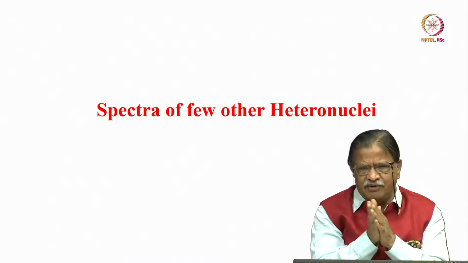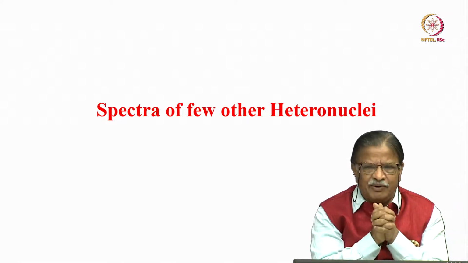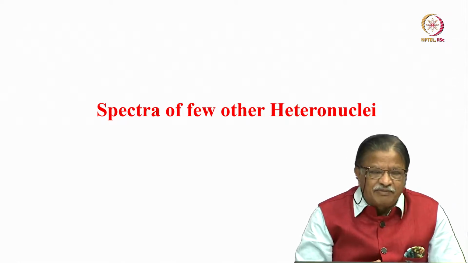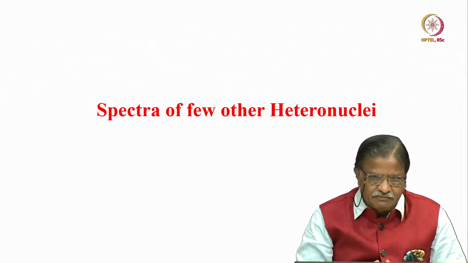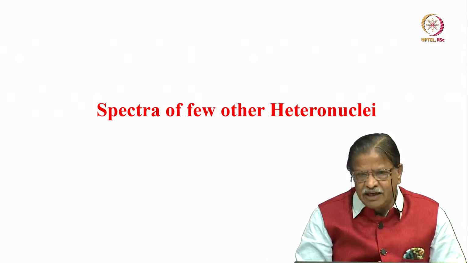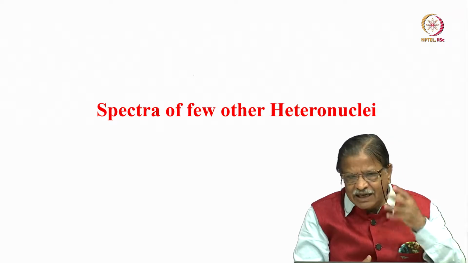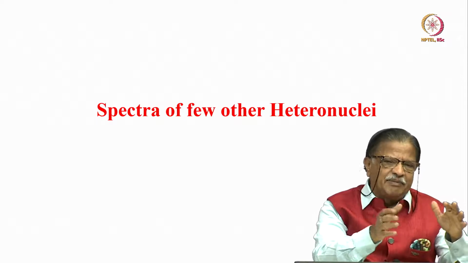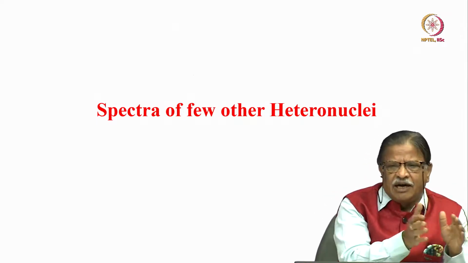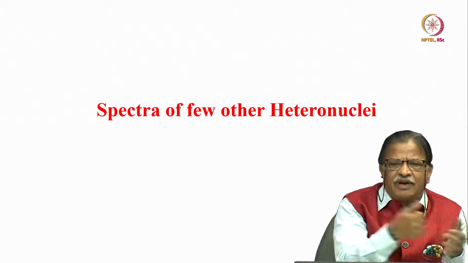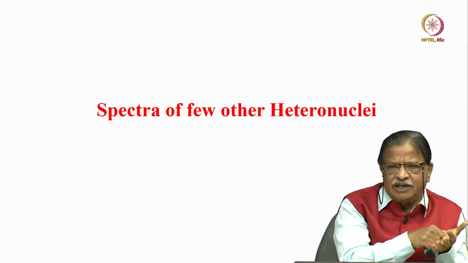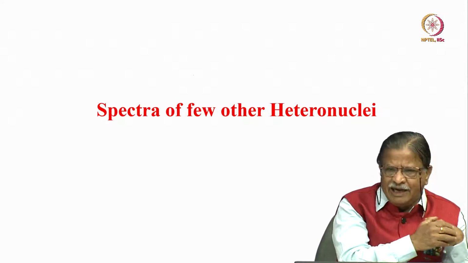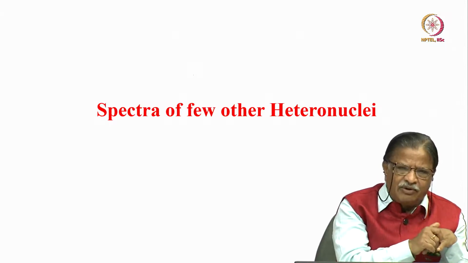Okay. Now, with this spectrum, of course, a lot more things we can discuss, but there is no time to spend on so many things. What we will do is take some simple examples of spectra of a few other heteronuclei. That is very important, as it can give us an idea how to analyze the spectra. Generally, of course, organic chemists or others concentrate on proton and carbon. If you go to inorganic chemists, people have different other exotic nuclei. They will be interested in studying different types of nuclei. Let us take the example of some other heteronuclei to analyze.